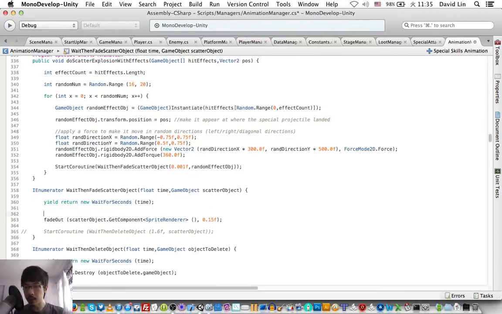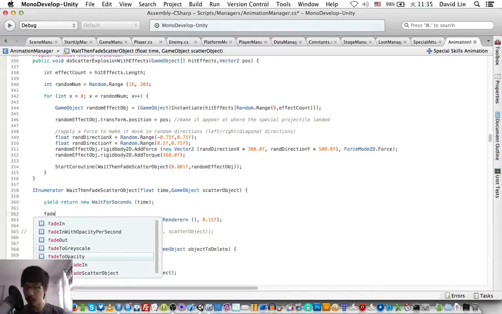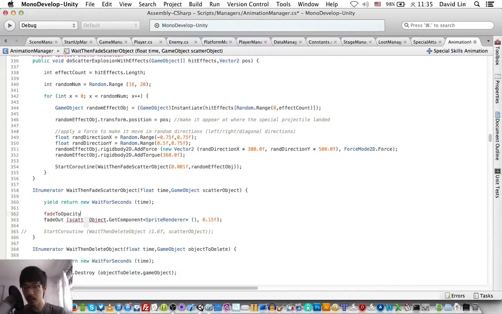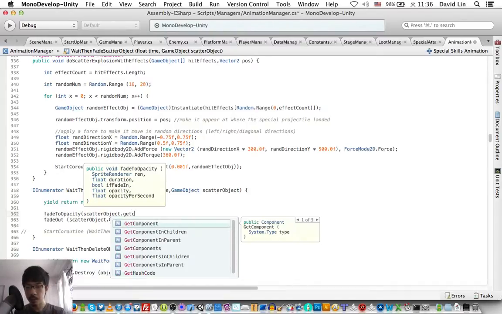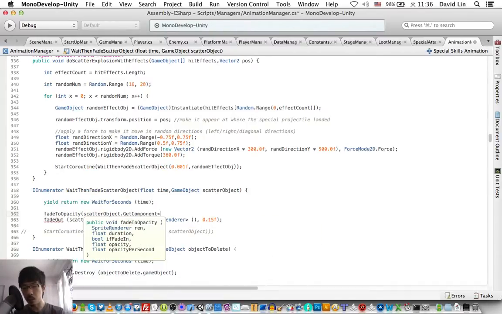So instead of calling fade out, we can fade to opacity instead, which is another method which I have written, which allows you to specify what percentage of transparency you want for your objects, and at what speed you want it to fade to that opacity.